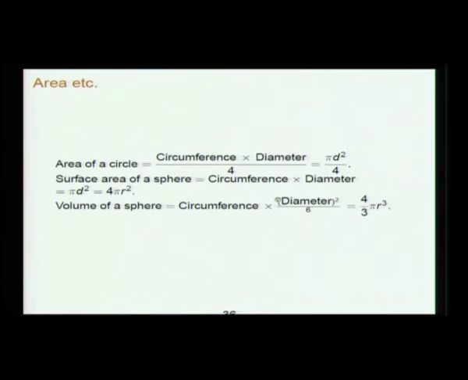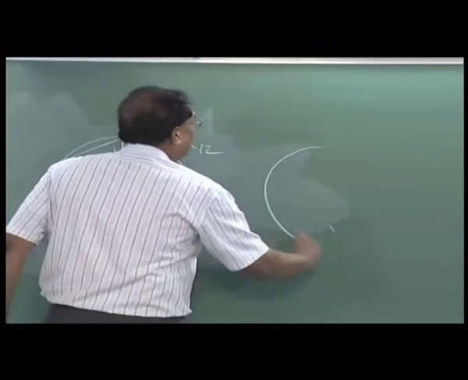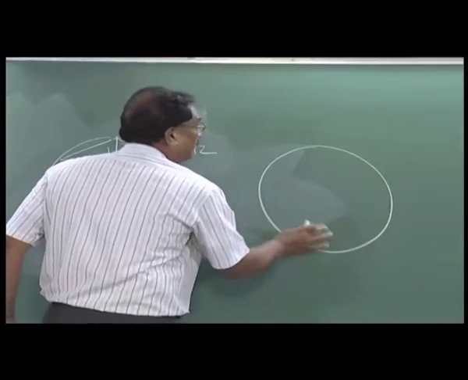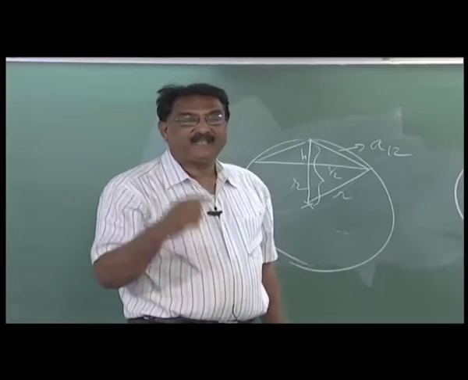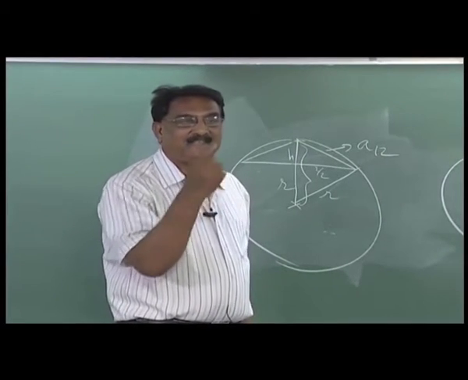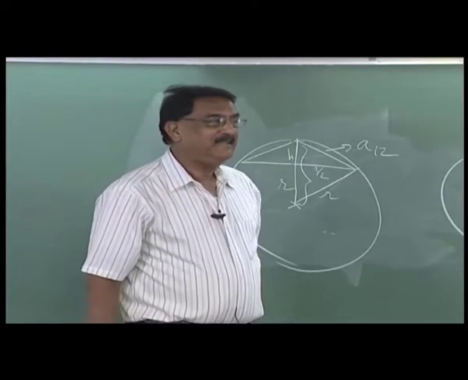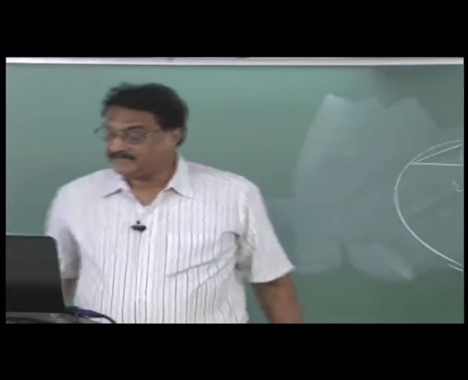So here he gives the surface area of a sphere. See what he is saying: this is a 3-dimensional figure, a ball kind of a thing, in which you cover it with a thread, kanduka, jala, you see. So that will be the area. So that is what he is saying, and volume of a sphere is this.